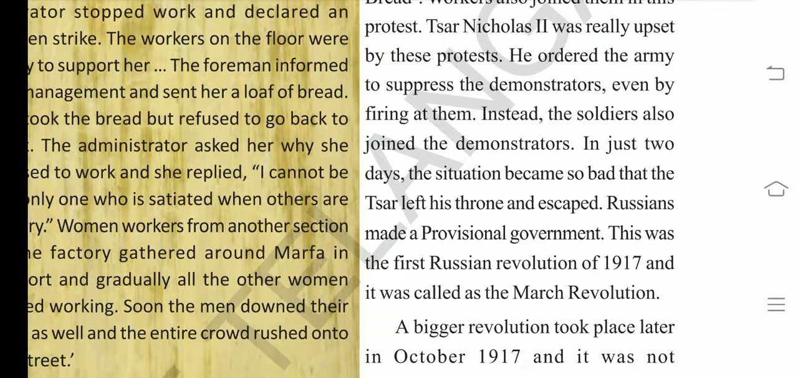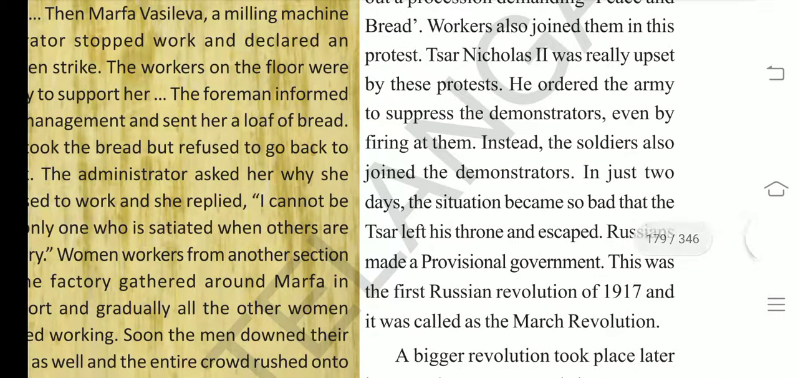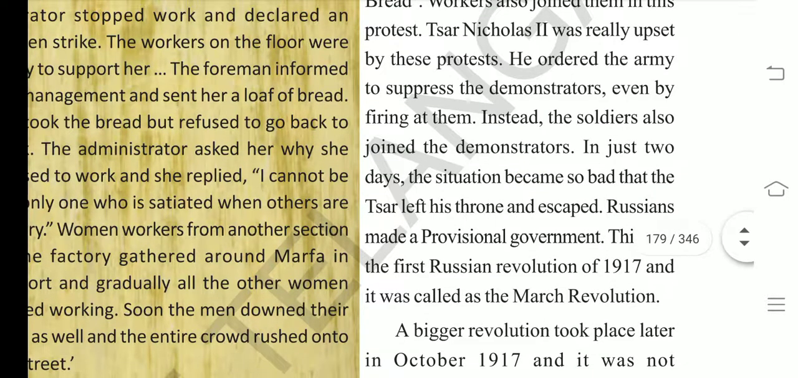There was a tyrannical rule in the sense in which there was no freedom for the people. People's words were not considered. There was no consideration for the opinions of the people. Such a tyrannical rule, totalitarian rule, was set up by the czars in Russia. So Tsar Nicholas II